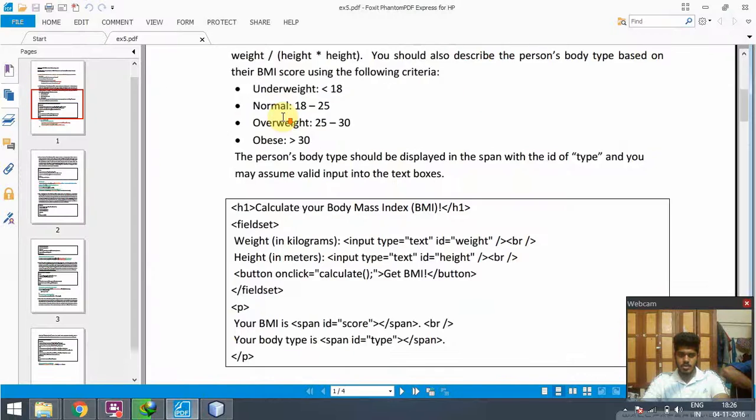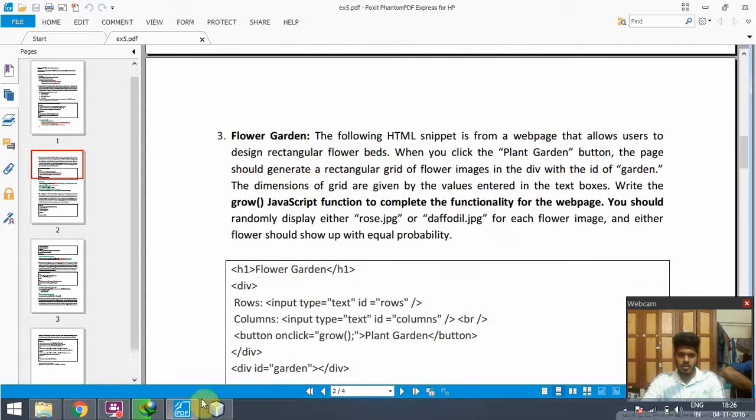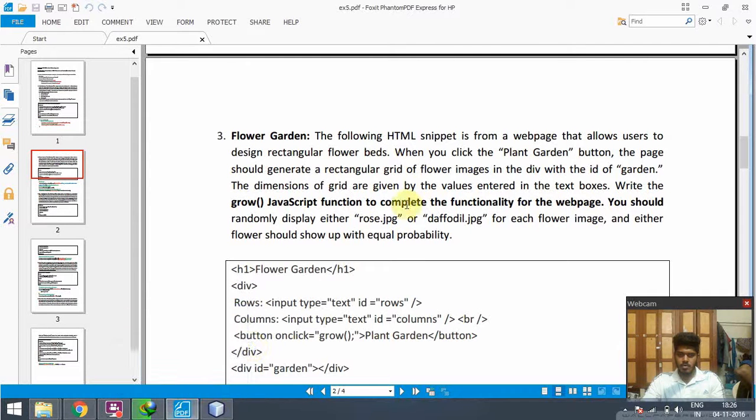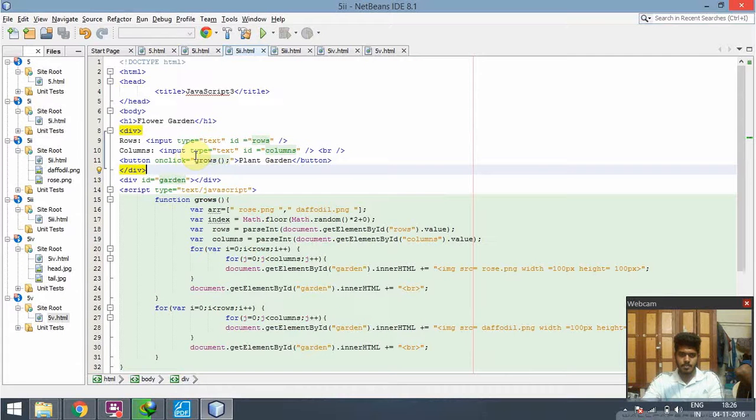Going to the next question, we have to create a flower garden. That is, we specify the number of rows and columns, and it will randomly create a matrix with the flowers, either a rose or a daffodil. So going to the code, we create the